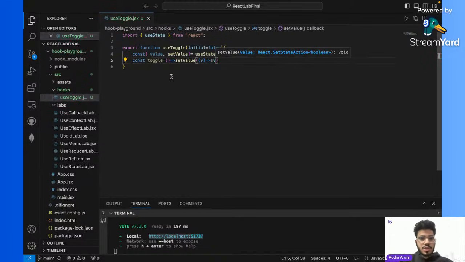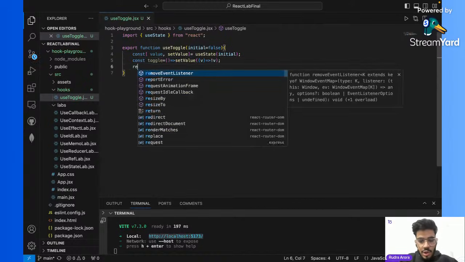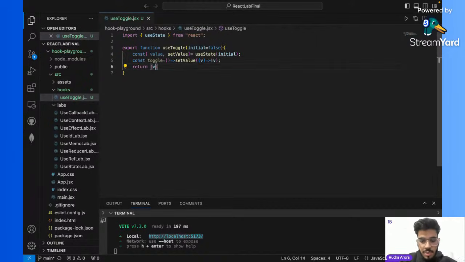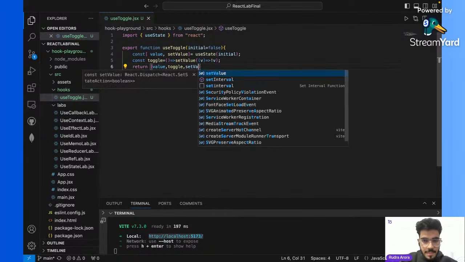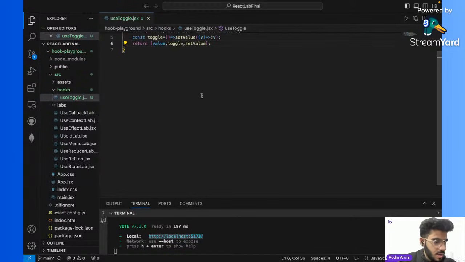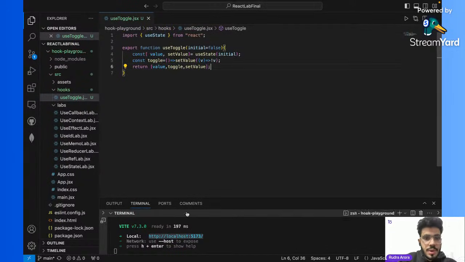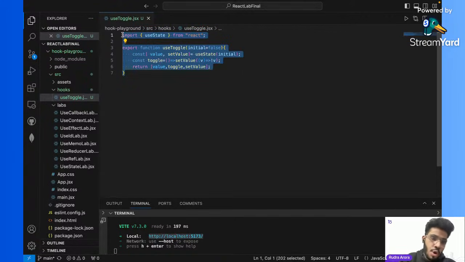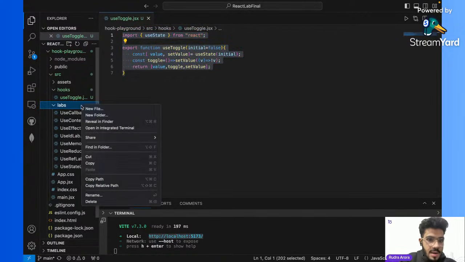What I am saying, just toggle, this function is toggle. Whenever this particular hook is called, these three things are the things that we will get. Now this is the hook that we have made, and now we will make it the similar way in which we used to do, which is useToggle